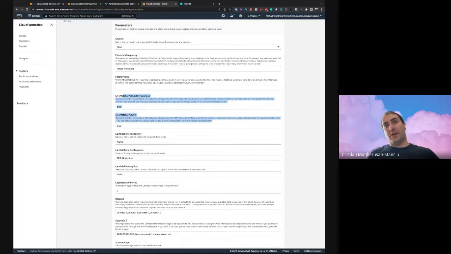So there may be cases where you have IO1 and IO2 volumes provisioned with an IOPS within the range of GP3. And EBS Optimizer will see those and will convert them to GP3. And when it happens, you do not lose IOPS, but you get to pay significantly less for those volumes.